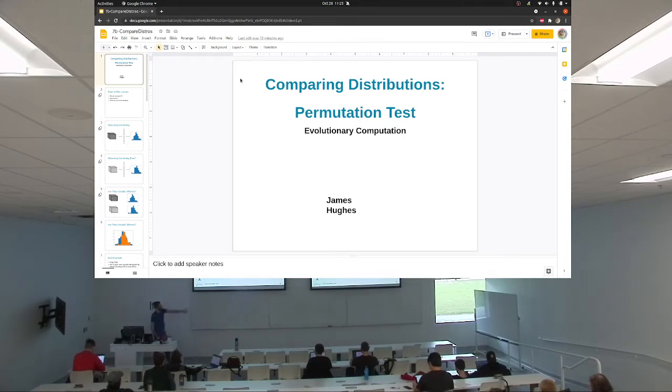Because this right here, this idea of a permutation test, or a randomization test if your data's too big, same idea, is the king of how to compare distributions. This is the way you do it. All the other things you're doing are tricks to do it quickly and easily. So if we have